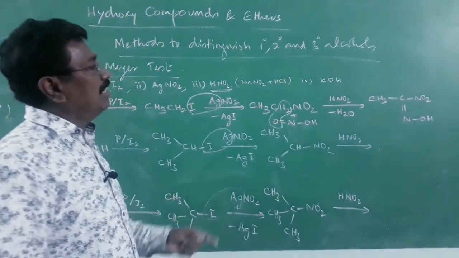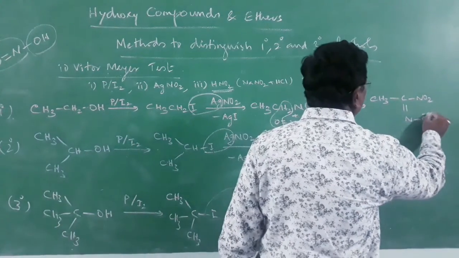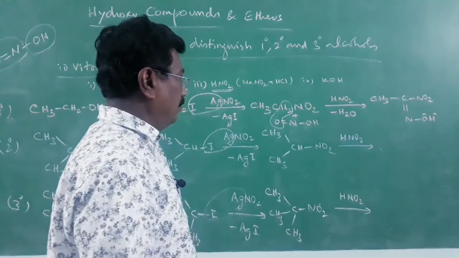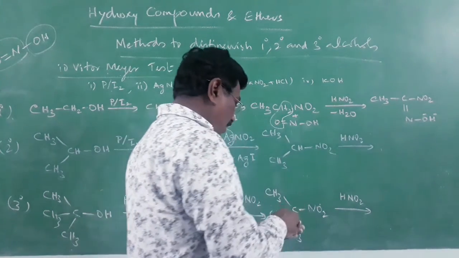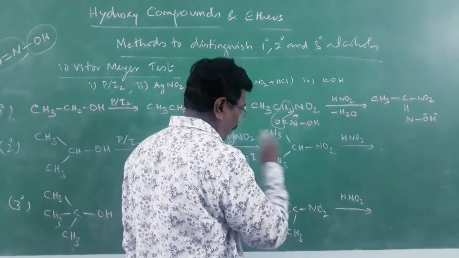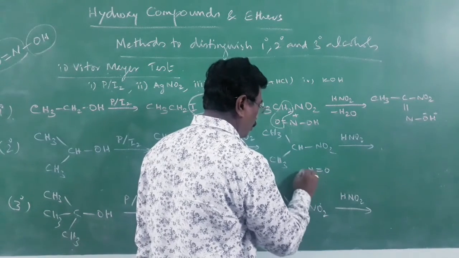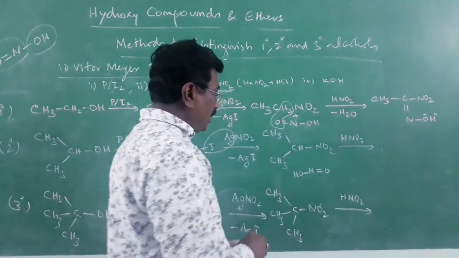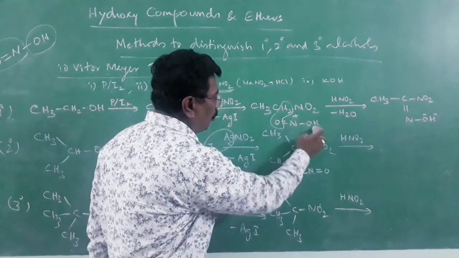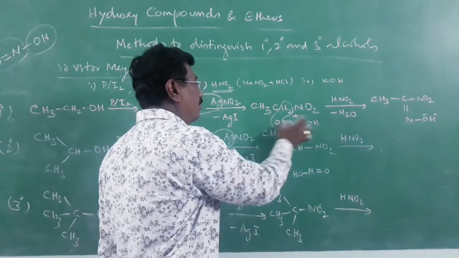It is said to be a nitrolic acid. The NOH can lose H, the H plus can give up. Therefore, it is said to be an acid. Now the secondary compound, 2-nitropropane, with nitrous acid, N double bond O, and OH. Here I have done it just reversed. Both are the same. Nitroso on this side, hydrogen on this side.